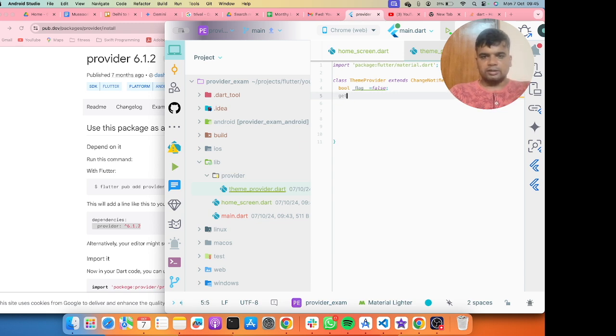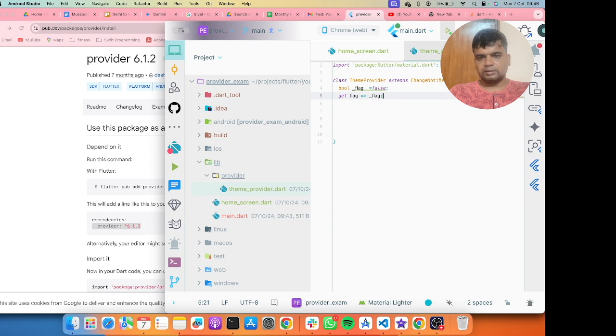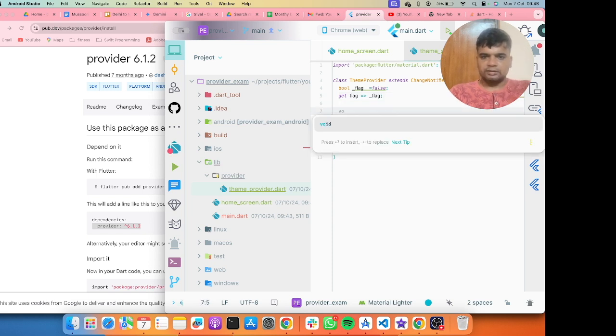I will create a getter method for the flag, and then I will create a setter method for the flag.